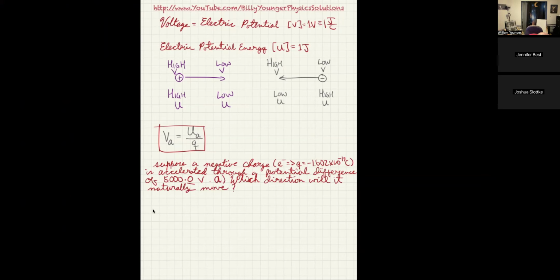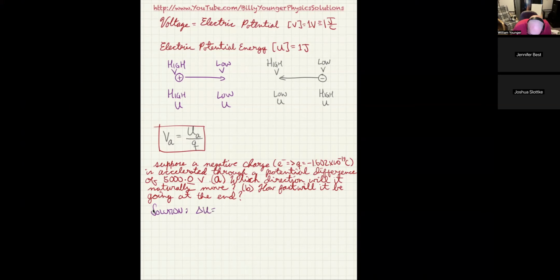And I'll call that A instead of 1. And B, how fast will it be going at the end? So that's what we're trying to solve here. What we know is delta U is equal to, as we said up here, delta U is equal to